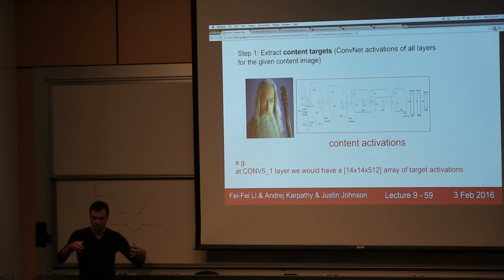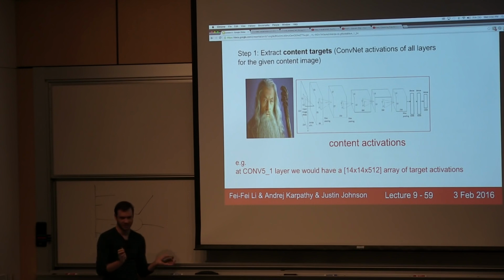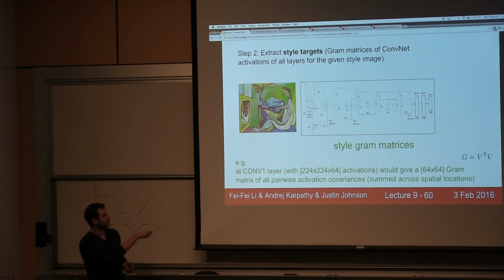We're just going to store those raw activations. Very simple so far. And we're going to say that these raw activations basically correspond to the content of the image. That's how we're going to call it. These raw activations correspond to the content. Now, to extract the style, we're going to take the style image and pass it